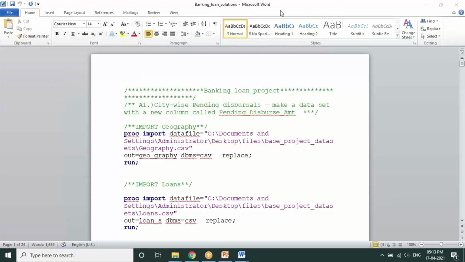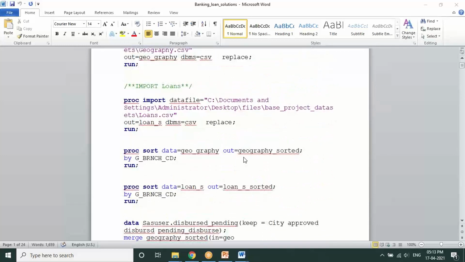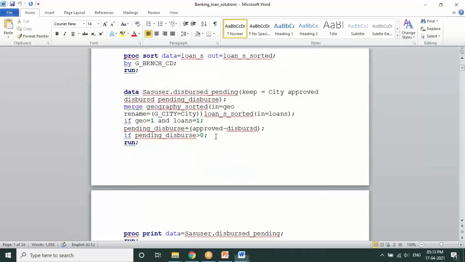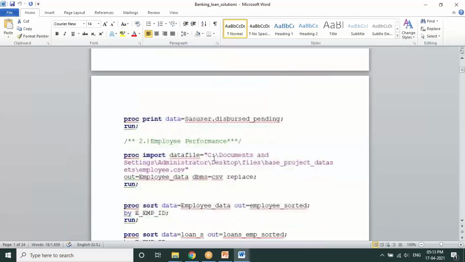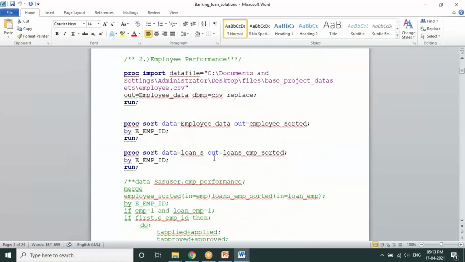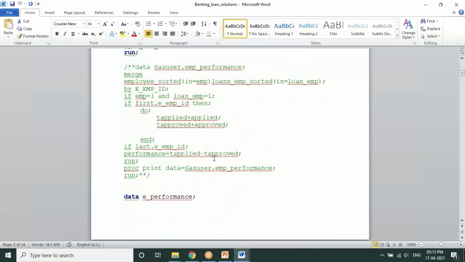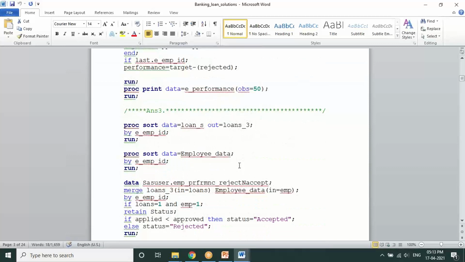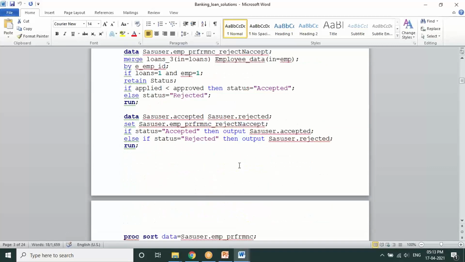So how we are required to get it, how to import the data, how to have the SAS files. Once that's done, how do you write conditions? Whatever SAS code we have learned, to understand it you should first be very thorough in SAS programming. Then you will be able to understand all these codes. The same code is there, but the thing is how you implement the logic, how you apply it to your question, and what solution is to be given. So this is one sort of solution.